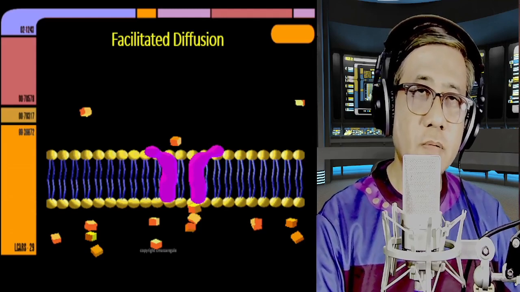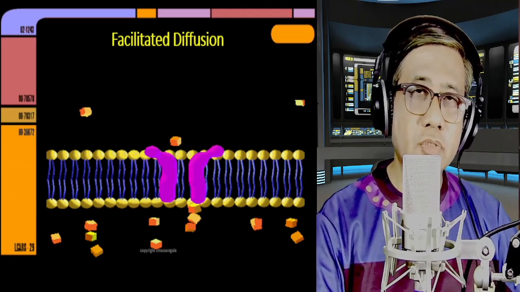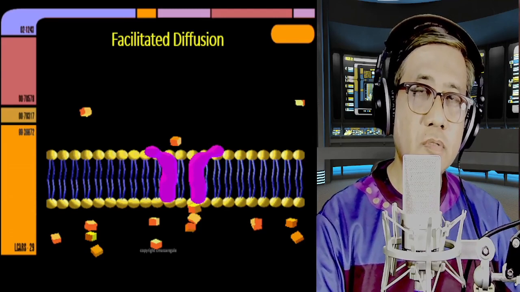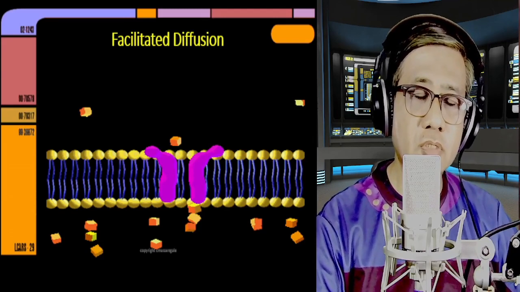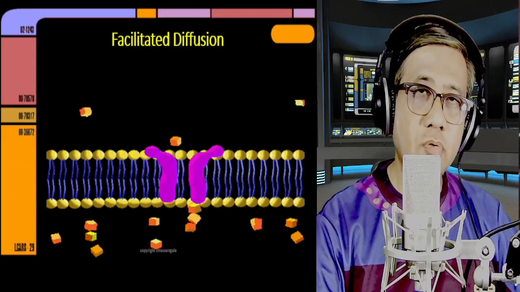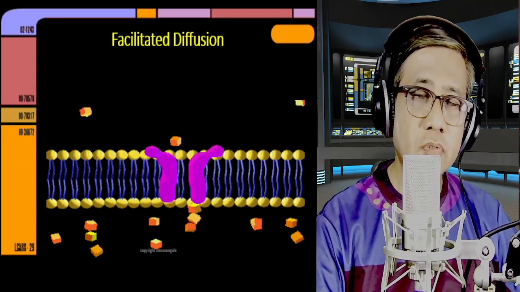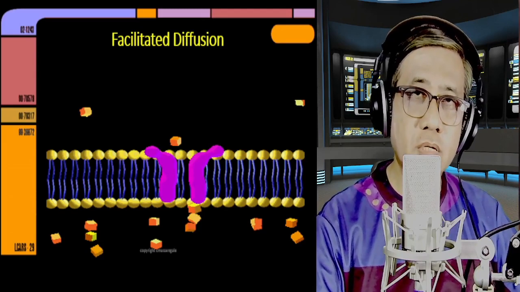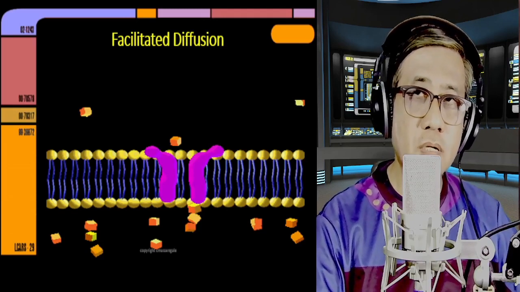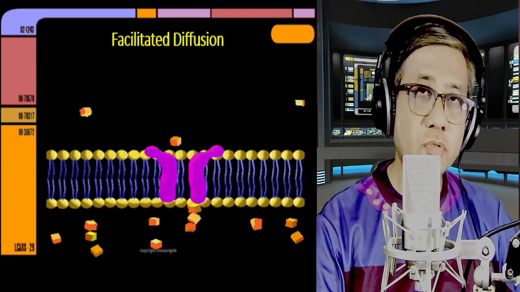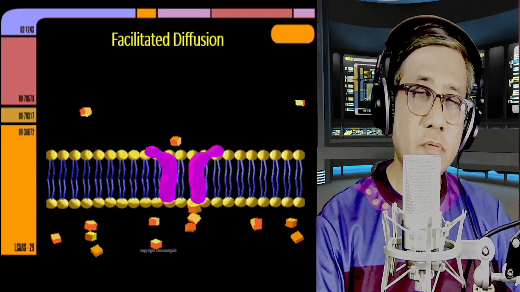Now, from the word itself, facilitated means to assist or to help. So diffusion means that the molecules still move down the concentration gradient from a region of high concentration to a region of low concentration. So this is still diffusion. So molecules still move down the concentration gradient. But facilitated means that there are channel and carrier proteins, transport proteins that facilitate or assist the movement of these